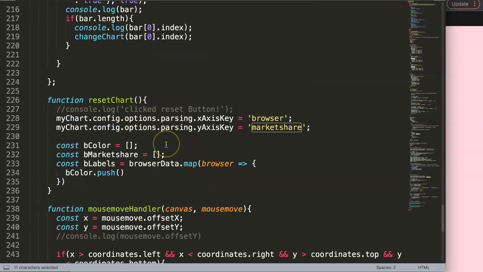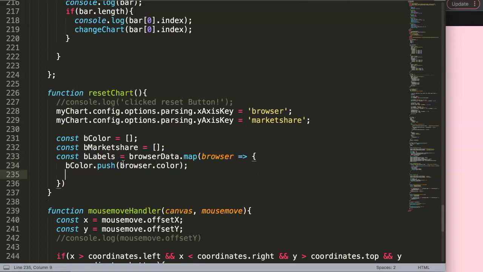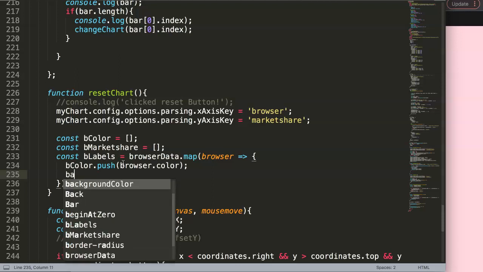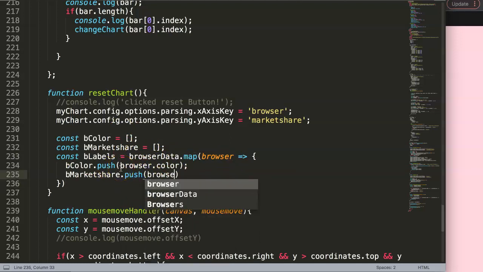The only thing is that we're scrolling up and down all the time. Sorry about that, just to make a point here. Anyway, we say here browser dot color, and once we have this, we have the other one, which would be the B market share, push. Remember, push is inserting something in an array, and we loop through this, so we were pushing it every time in the array. Browser dot market share,